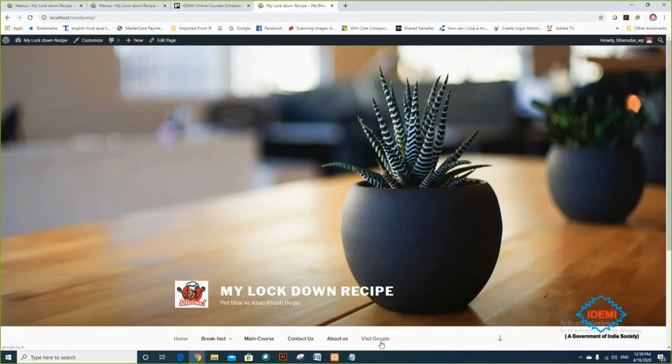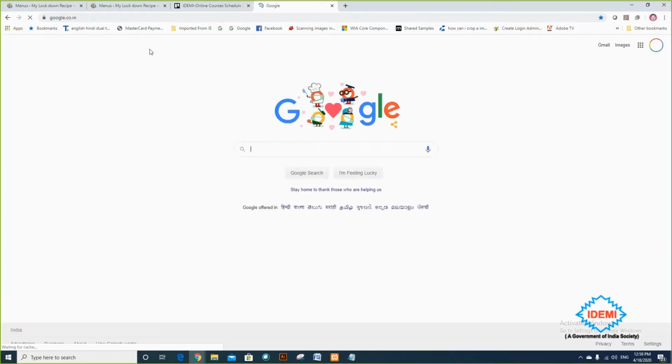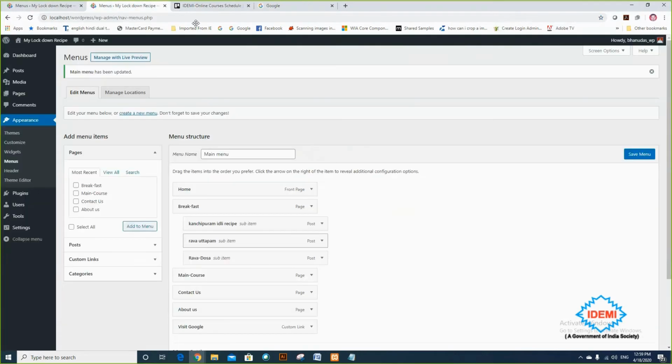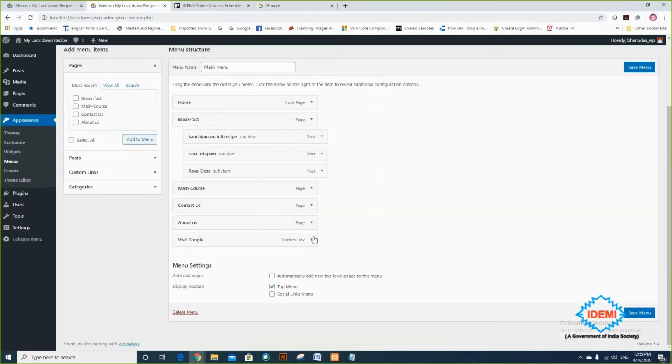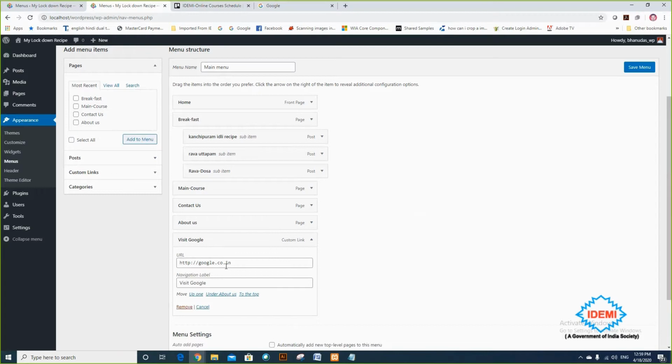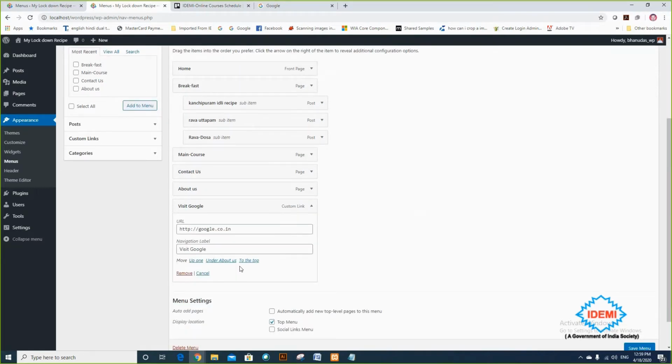There is a Visit Google item, and when I click on that, it opens my Google page. So that means I can create custom links, and in that custom link I can call any link which is outside my page, or sometimes a link inside my page also.